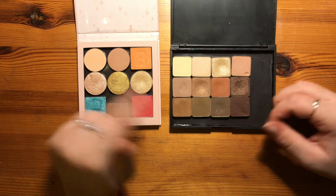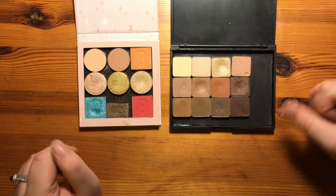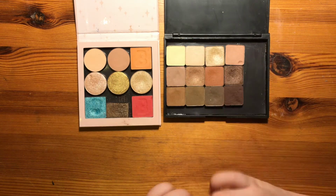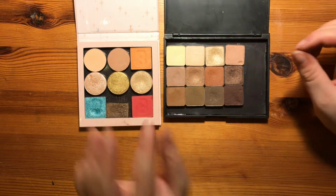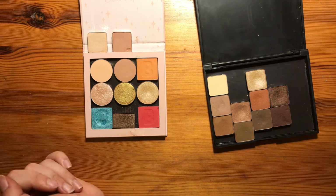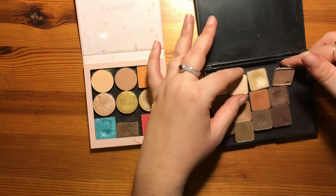Like, looking in here, this is the palette I've made. These are all my Colourpop ones, but these two could have easily been these two or these two shades out of this palette, or even these two. Look, there you go. And then that was 2 shades that I didn't really need to buy, did I? But by turning the